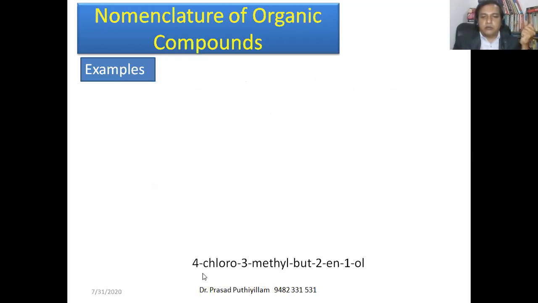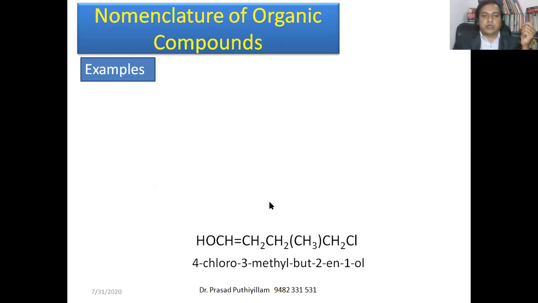It looks like a very complicated name. We'll consider it. We have to consider it as but. But means 4 carbon atoms, and it has a 1-ol, meaning 4 carbon atoms containing a hydroxyl group at position 1. Therefore it should start with an OH. The first carbon atom should contain the OH functional group. The second carbon atom has a double bond. The third carbon atom has a methyl group. The fourth carbon atom has a chloro. So it's very simple. It's HO, CH double bond CH2, CH2, CH3. So this is the side group, CH2, Cl.